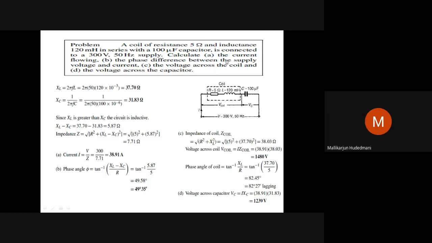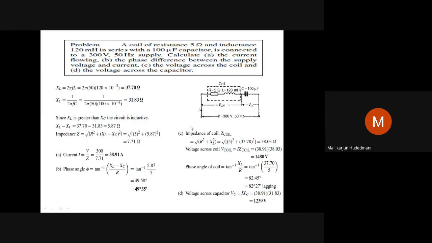Therefore, the impedance of the entire circuit is written as the square root of R square plus (XL minus XC) square, which works out as 7.71 ohm. So, this is the total blockage offered. The impedance possessed by the circuit is 7.71 ohm. Therefore, what is the current here? Using Ohm's law again, V by Z, 300 divided by 7.71. My friends, please look here. It is a straightforward conventional method we are doing, not the complex work. So you can practice this or you can practice the complex mode of work as is convenient.